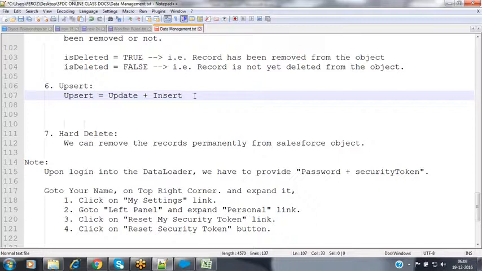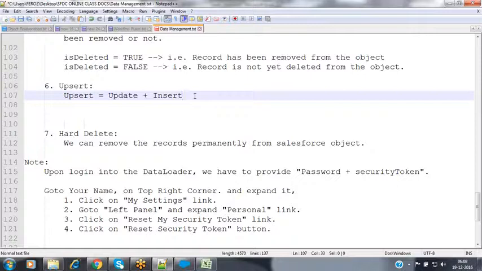We cannot perform more than 150 DML operations inside a single transaction. When you try to perform more than 150 DML operations inside a single transaction, Salesforce will cross the governor limit and abort your operation automatically by default. So to avoid that problem, instead of using multiple DML statements inside a single transaction, we can combine insert and update operations into a single statement by using upsert.